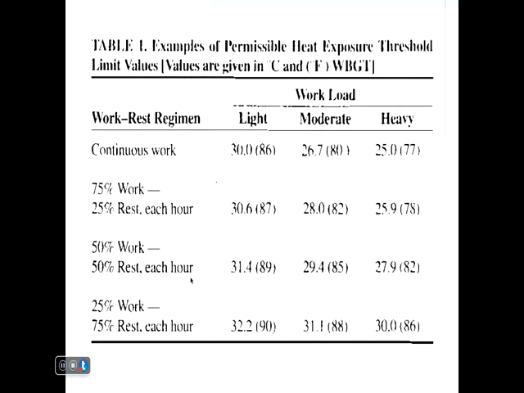This is another ACGIH example which talks about the wet bulb globe temperature, and this is both in Celsius and in Fahrenheit, that are measured, and what kind of a work schedule you can have under those environmental conditions. For example, the first line of continuous work, and I'll use just the Celsius. You can work light at 30 degrees Celsius, and this would be for an 8-hour day. You can work moderate at 26.7 degrees Celsius, and you can work heavy, hard work, continuously at 25 degrees Celsius